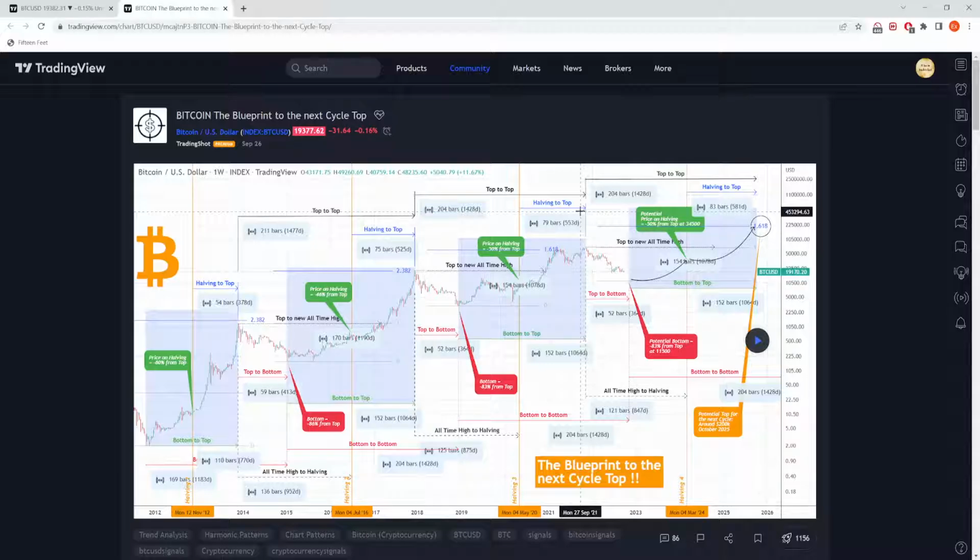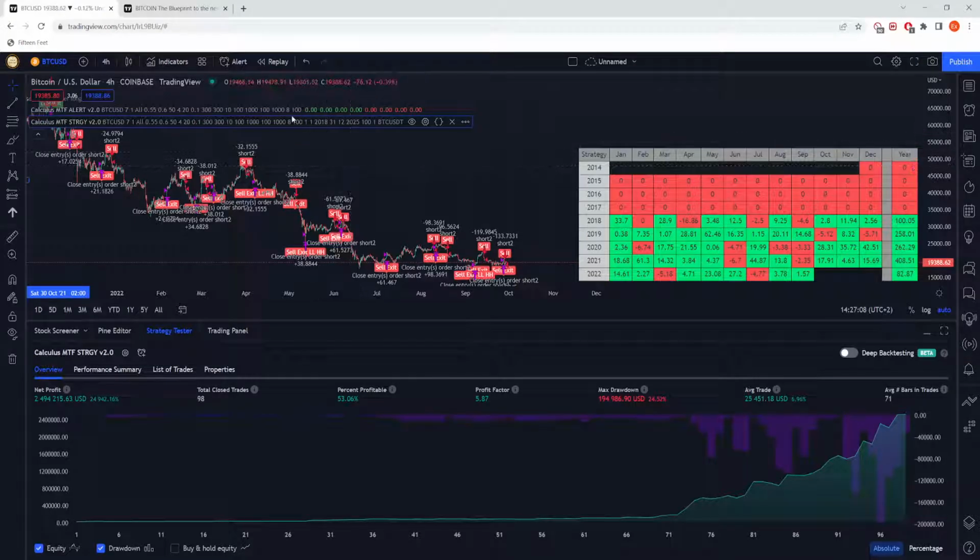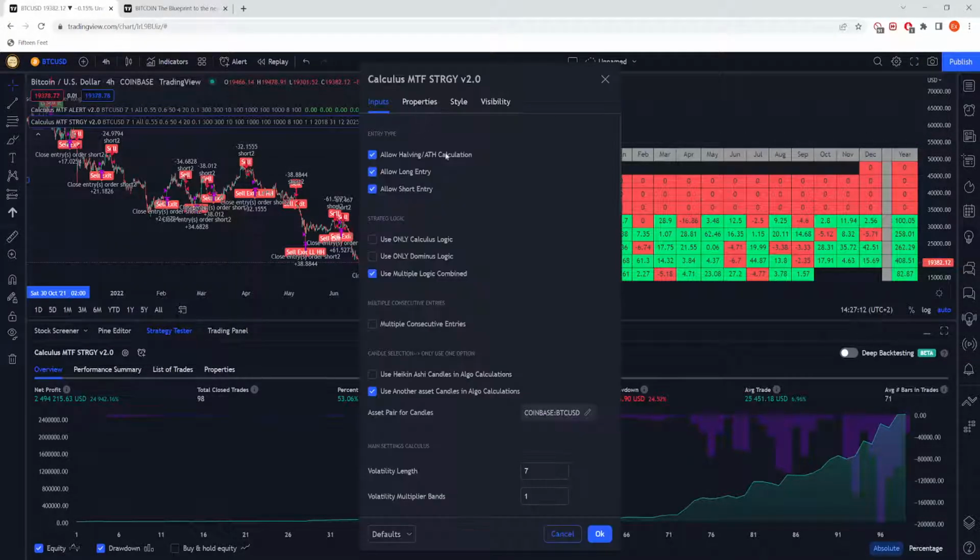and when we are in a big bullish movement, which is in general announced by the halving period and a little bit before that, you are supposed to take mostly long trades. So with this in mind, I have adapted the Calculus product, and the difference is, like, for example, so let's